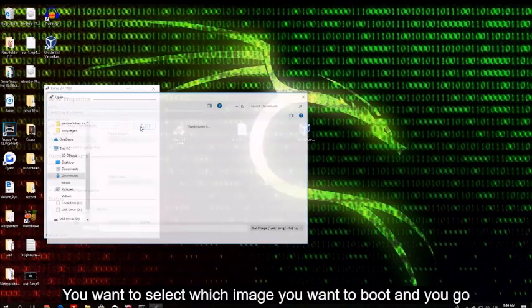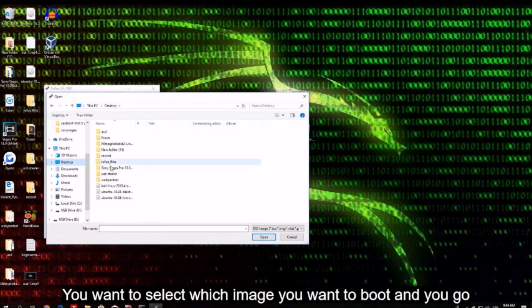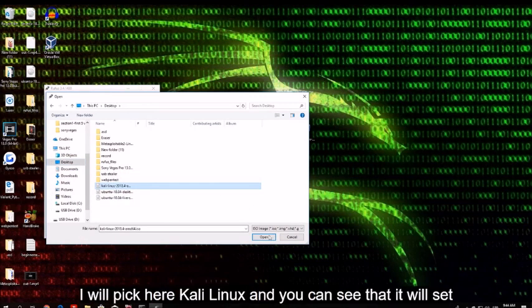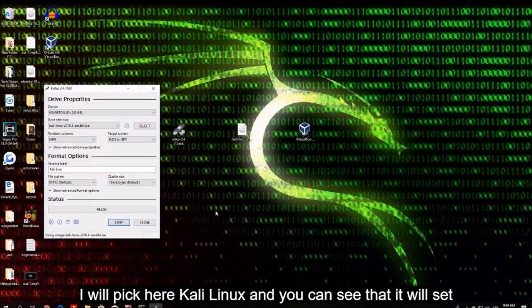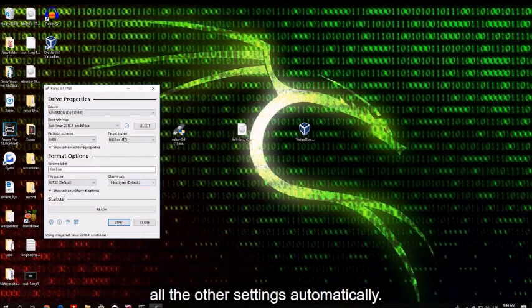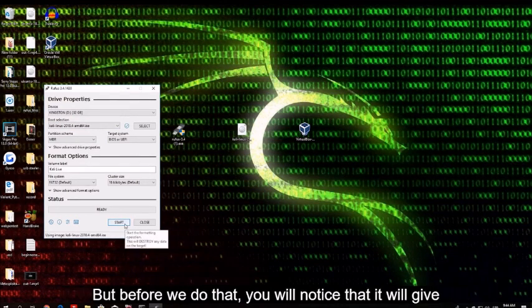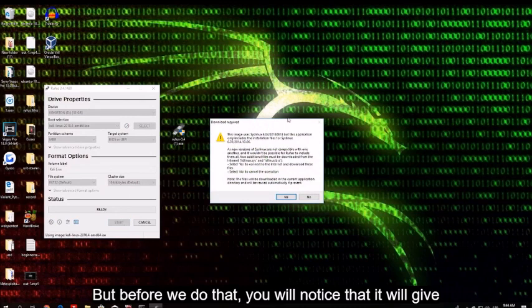You want to select which image you want to boot, and you go here on desktop or wherever you saved it and click on the ISO image. Now I will pick here Kali Linux, and you can see that it will set all the other settings automatically. Now the only thing you want to do from here is click on start, but before you do that you will notice that it will give you